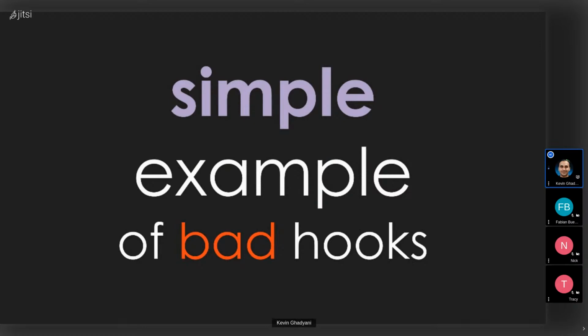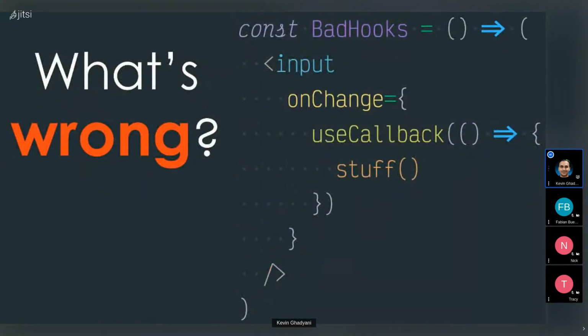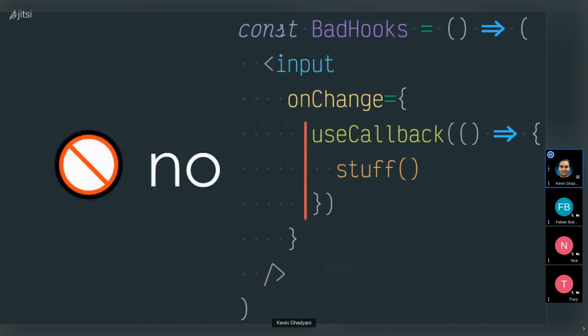So now we're going to look at an example of bad hooks. And I want you to try to figure out what is wrong with this. Feel free to put it in chat if you want, even though it might be way in the past by the time I get to see it. So what is wrong with this? I'm telling you there's something wrong here. But what is it? Well, number one,